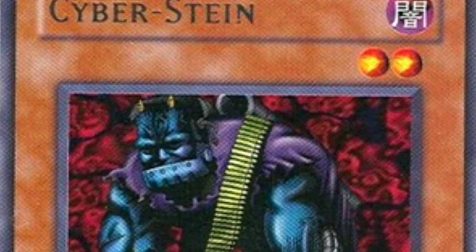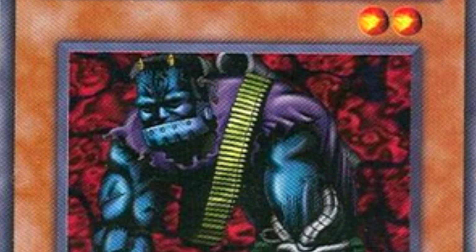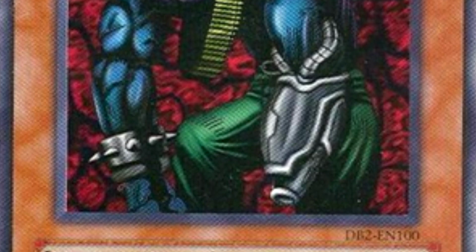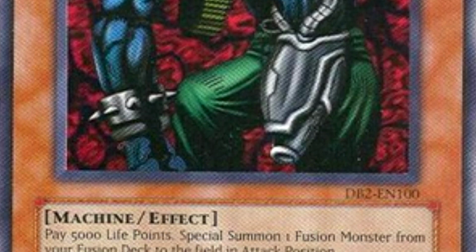And then we have cyber-stein, and this is a really exciting reprint. This card was recently unbanned, and a lot of players like myself said, well, I don't have any copies of this card. Who has this card? When was the last time this card was even reprinted? Well, this card was reprinted about 15 years ago,